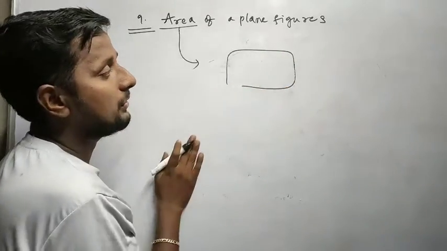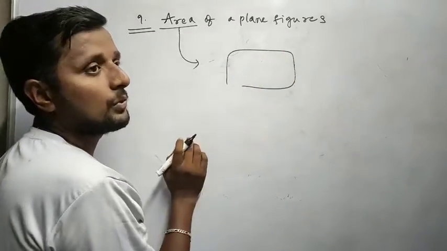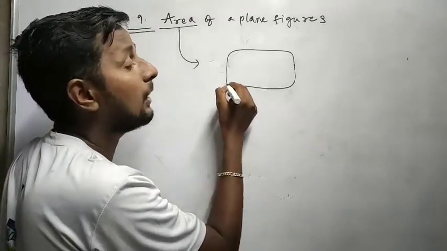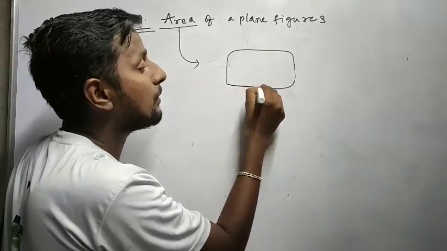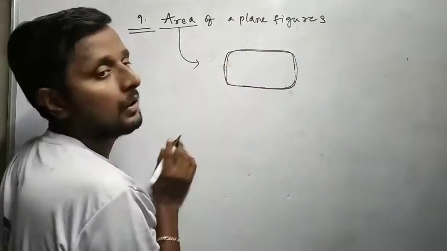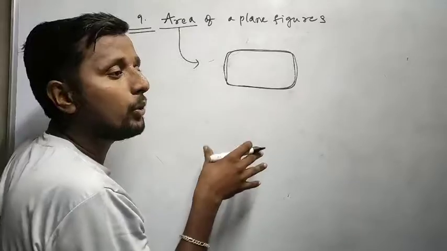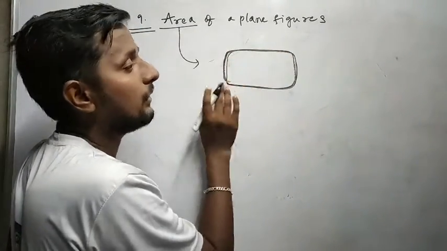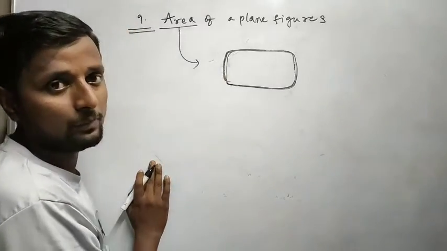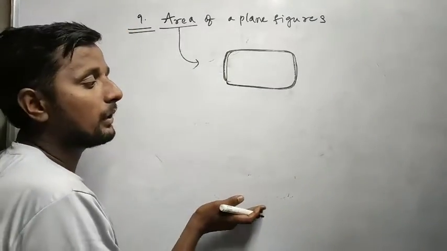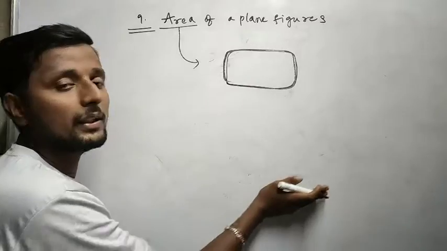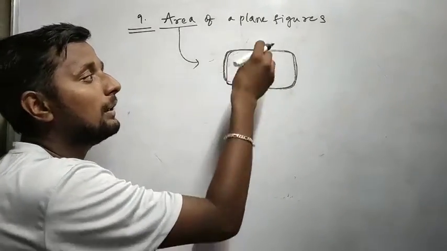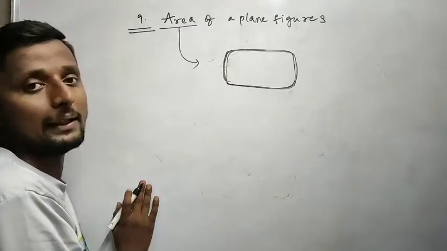Now just imagine it's a ground, am I right? If any people have a particular place, the people can show boundaries of the place with closed boundaries, am I right? Yes, correct. So if you talk about your house, it has a compound with a certain amount of space. If you have a compound wall, the wall is built with a certain space, and whatever space is covered by the wall, the interior part is your land, correct?